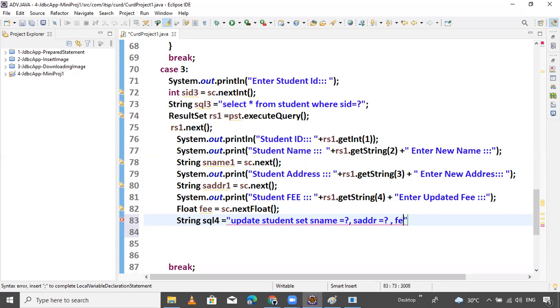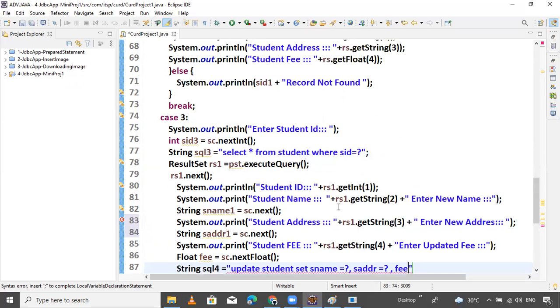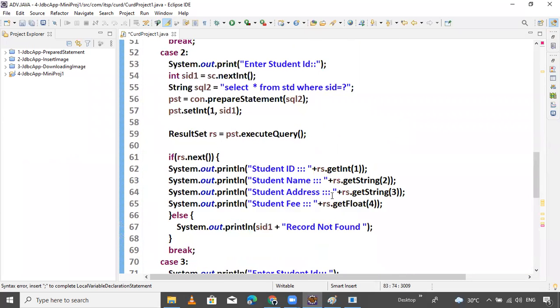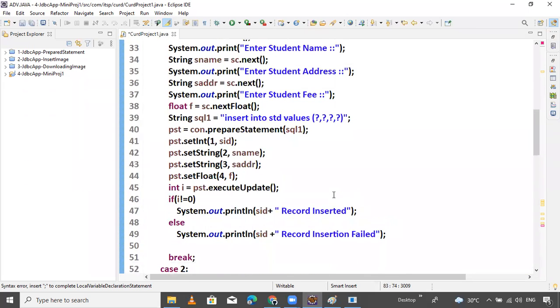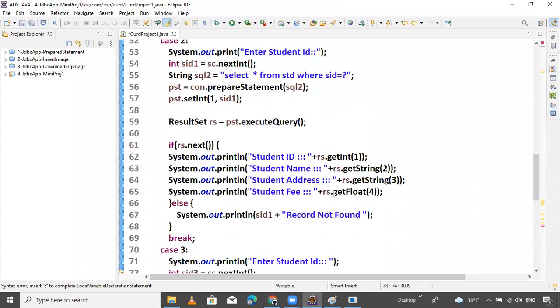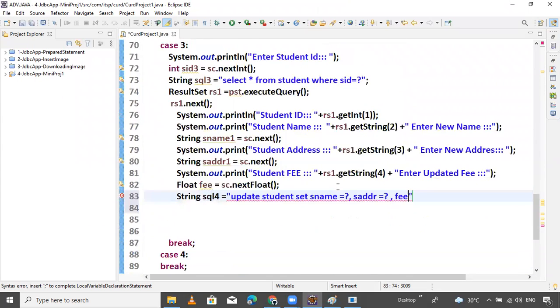I think the fee column is still in that. It's no issue. Fee, provide the fee. Fee equals to question mark.